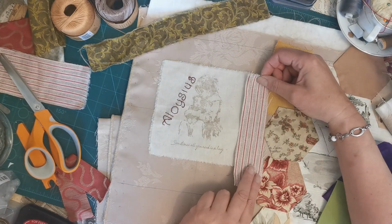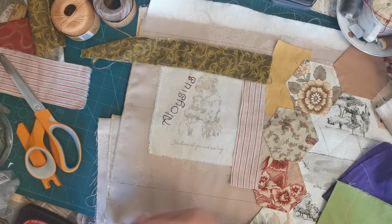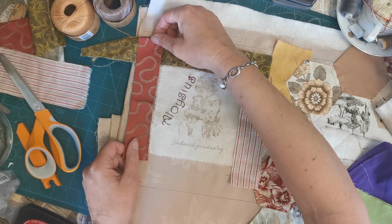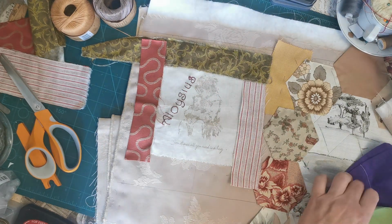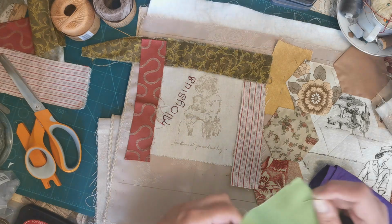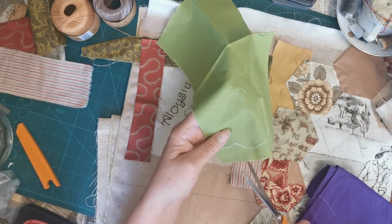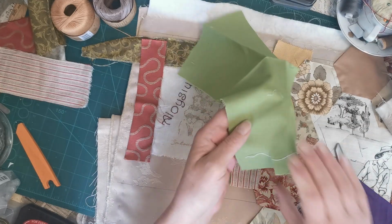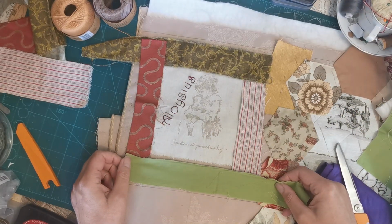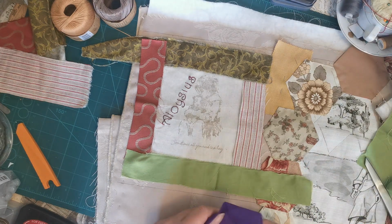So this one is actually going to go on there. Then this one, come on Claire, get your act together. This one's going on there, and then our gold one is going to go, that's it, on there. Then our green one is going to go across there, so we'll do another 1.5 inch out of there. So that one will go on there, and then,